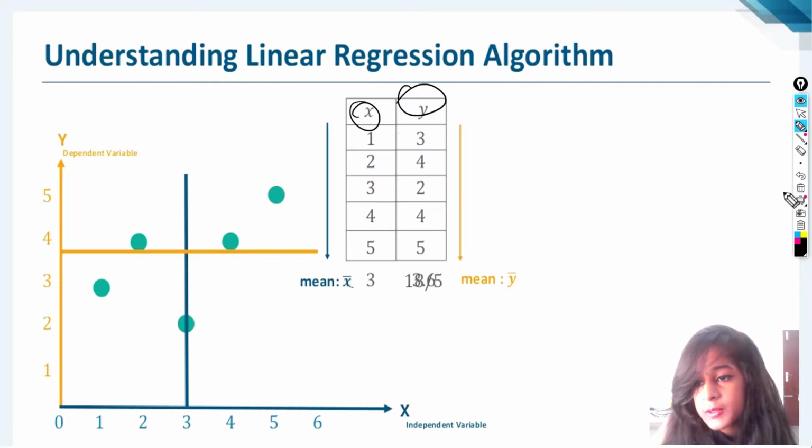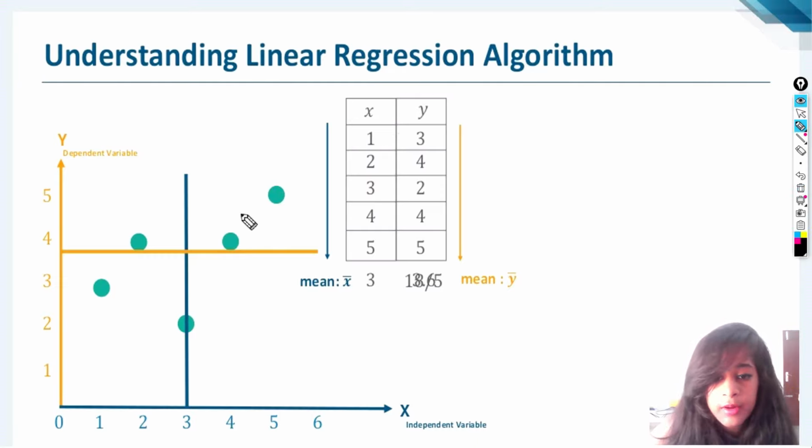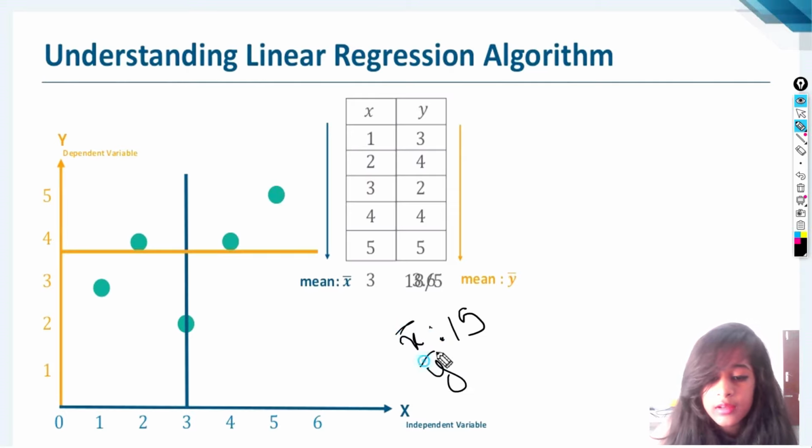So let's do that. We're going to sum up all of them. 3 plus 3 is 6, 6 plus 4 is 10, 10 plus 5 is 15. For x, we're going to denote the mean with a bar on top. The sum is 15.